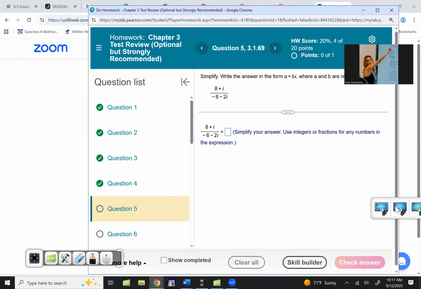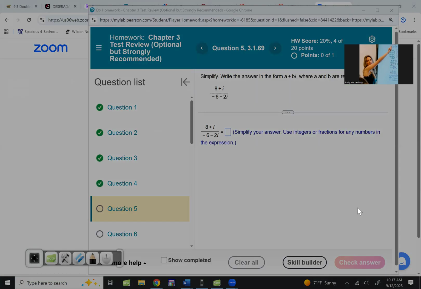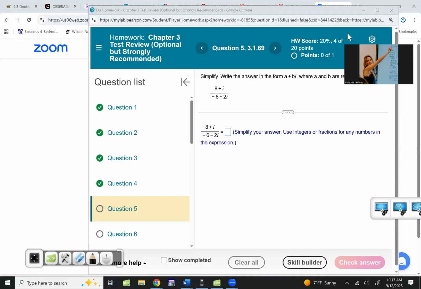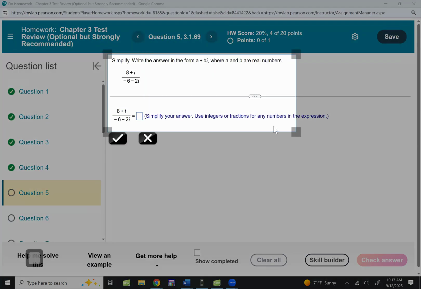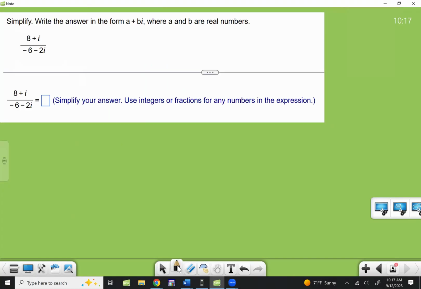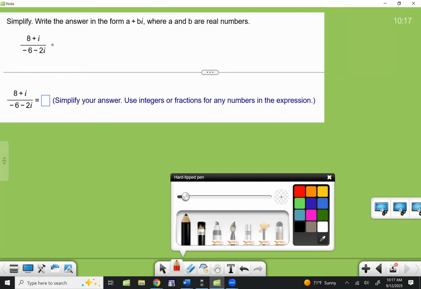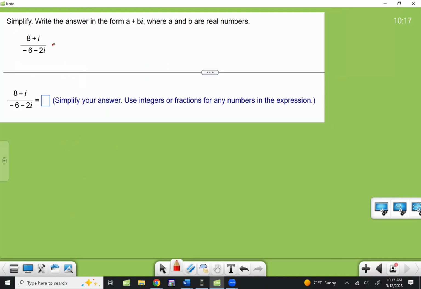All right, question number 5. Now we have really, oops, you know what? I'm going to have to make this a little bigger. There we go. So this one's going to take a bit, progressing to be probably our toughest one yet. But luckily everything we've done so far is leading us to this one. So when you have a fraction like this, what you're going to do is multiply by the conjugate of